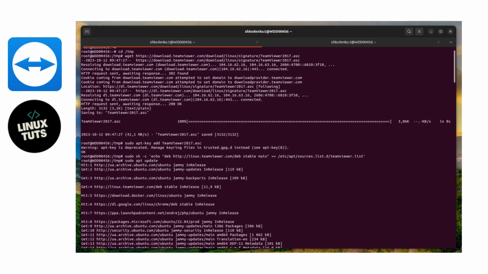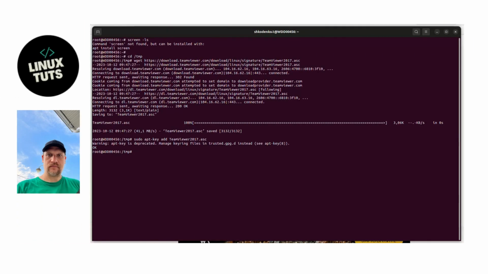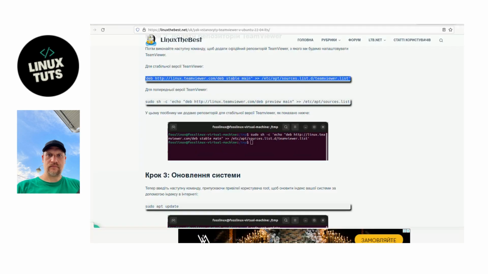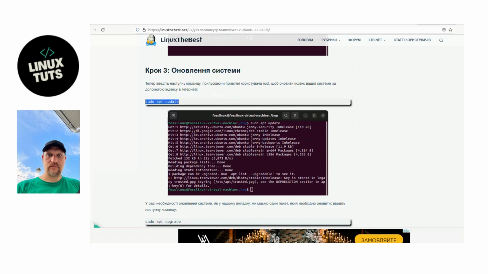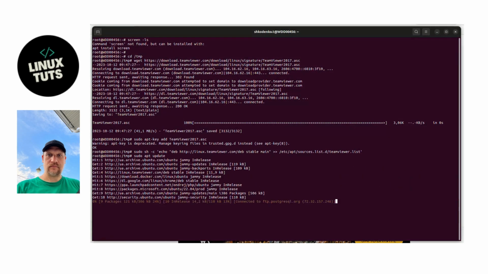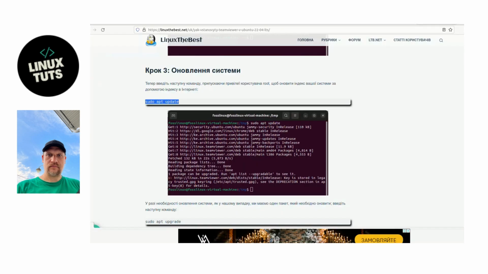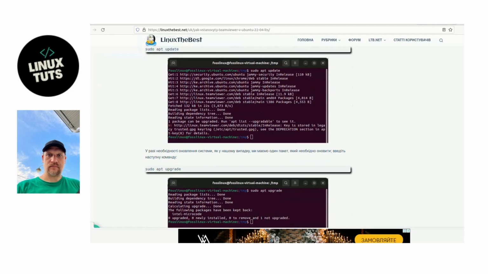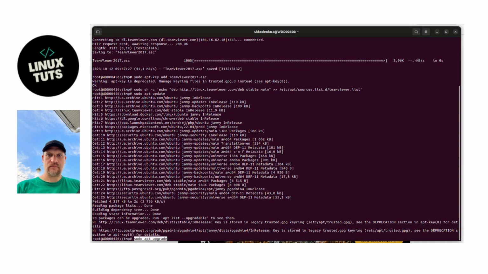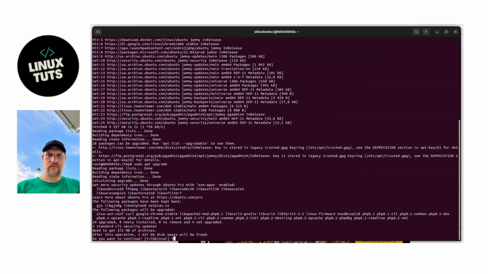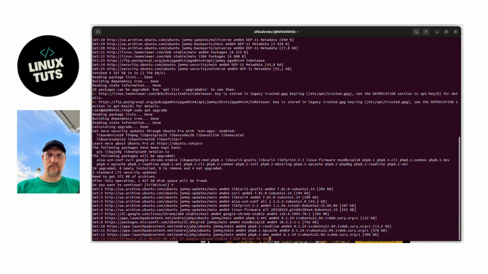In the first part, we should run as root admin user the following commands: cd /tmp, and then we should use wget https://download.teamviewer.com/download/linux/signature/TeamViewer2017.asc, and then sudo apt-key add TeamViewer2017.asc, then sudo sh -c 'echo deb http://linux.teamviewer.com/deb stable main